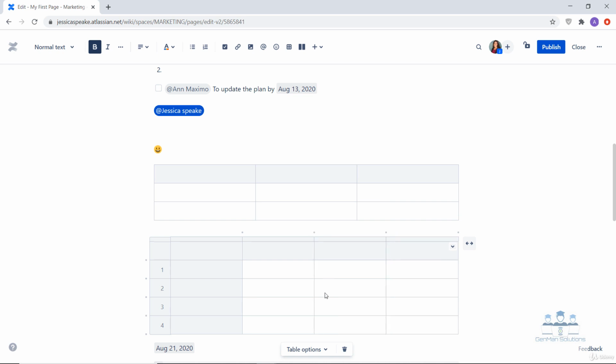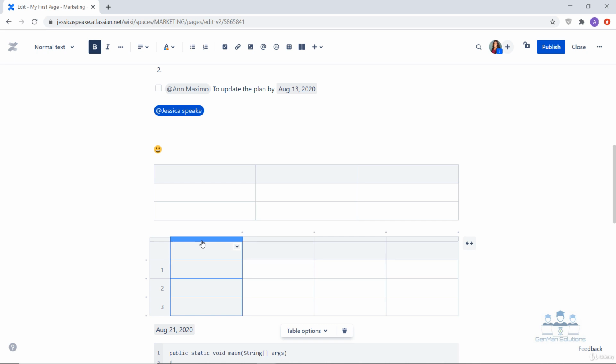To delete a row, focus on the row which you want to delete. Hover over the leftmost edge and highlight the row to access the ability to delete it. So once you highlight it, you have the option to delete the row by clicking on the cross button. Similarly, you can delete a column. To do that, hover over the topmost edge of a column and highlight the column and then select the cross button to successfully delete it from the table.